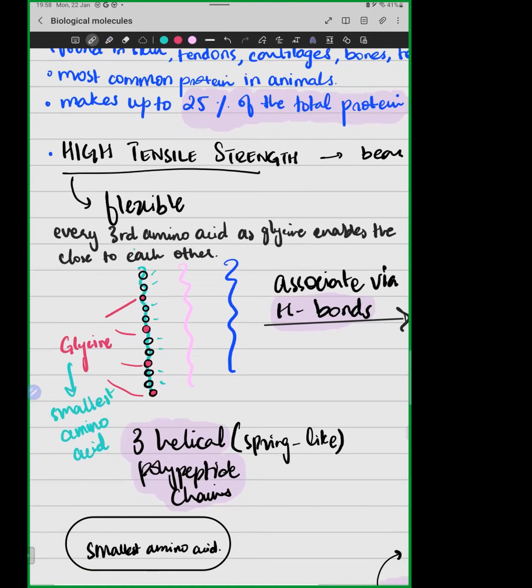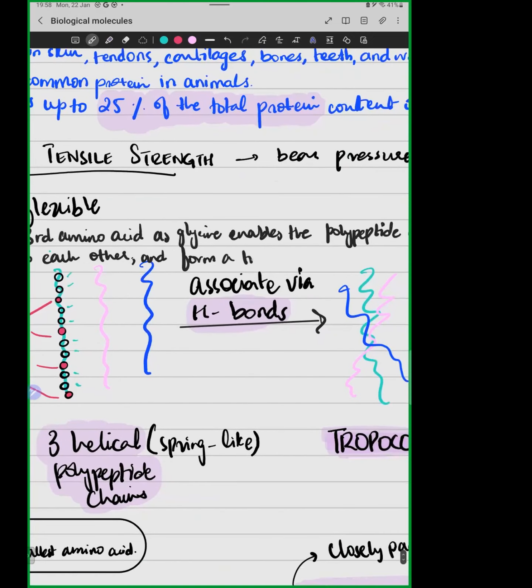And once they're lying close to each other, तो हमने जो अभी rope like या braid like structure देखा है tropocollagen का, वो क्या करता है, हमारा एक टाइट सा coil form हो जाता है and form a tight coil of